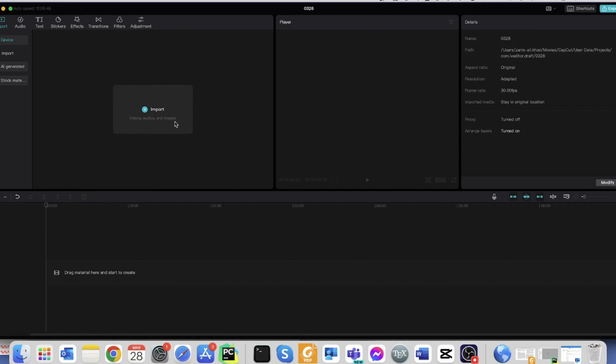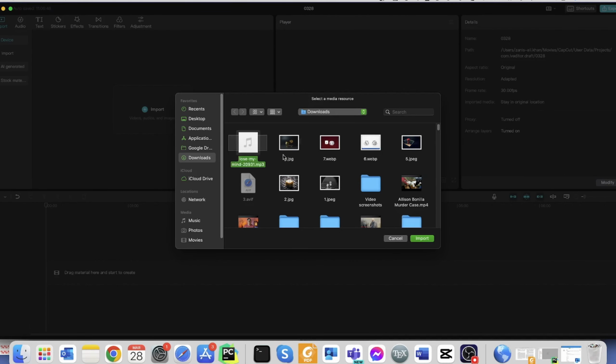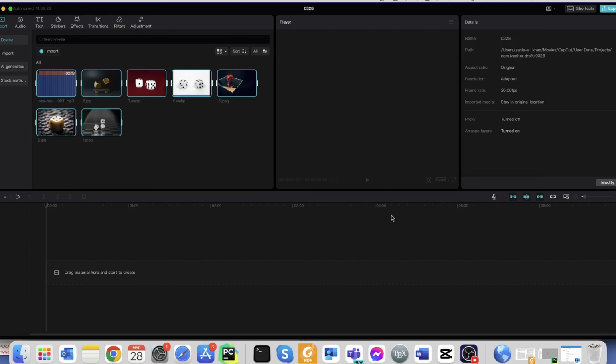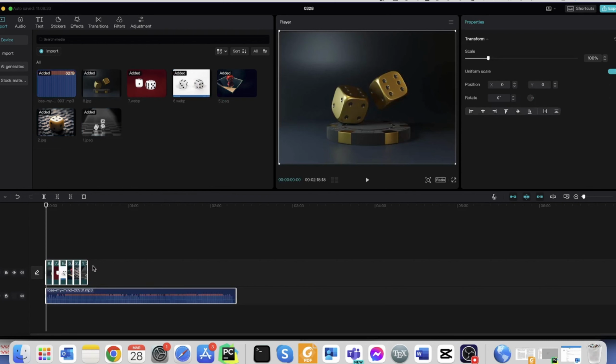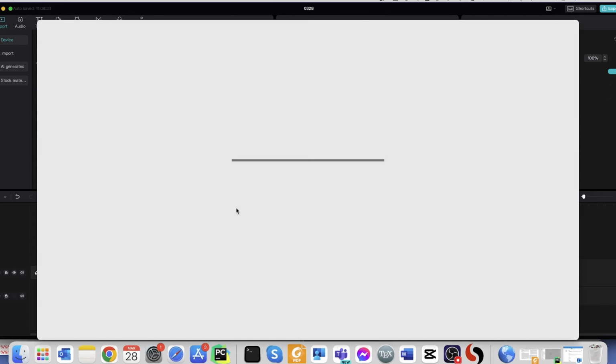So first of all, of course, you need to either import the videos or import the pictures which you want to use. For example, here I'm going to import these pictures. Of course, which you don't want, just remove it. So you imported it. After that, what you need to do is select all and send it here. Now, as you can see here, the audio sample is more than 2 minutes,